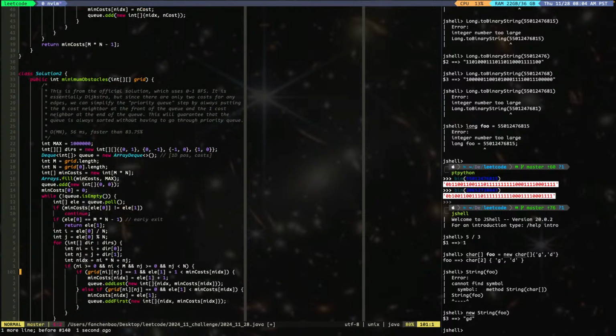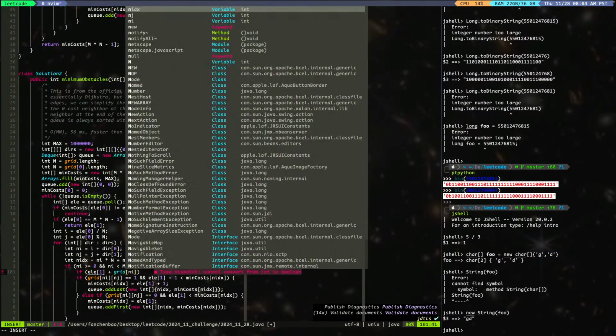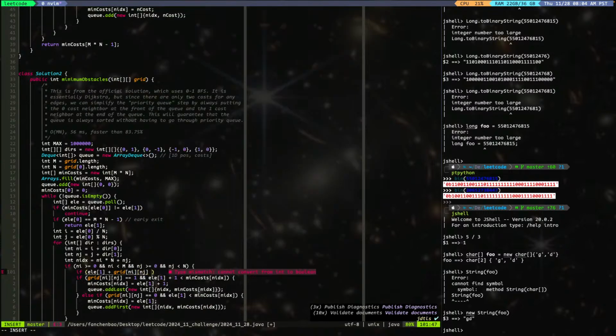The only thing that we can simplify is here. Yep, I can say if element 1 plus grid nij smaller than minimum costs and index,